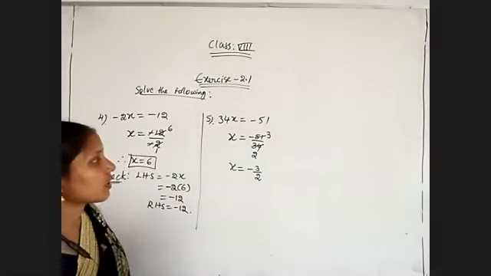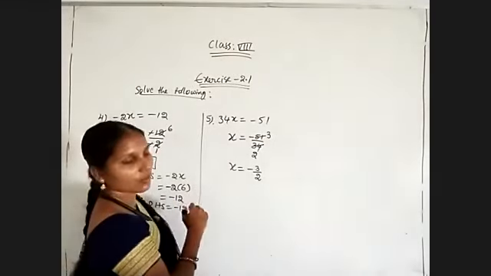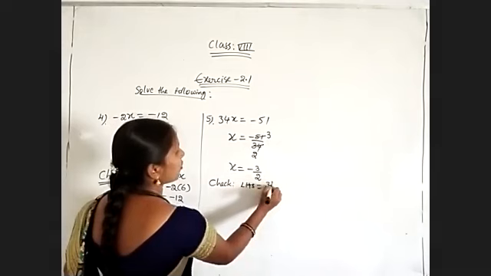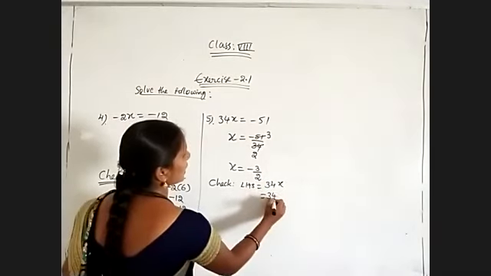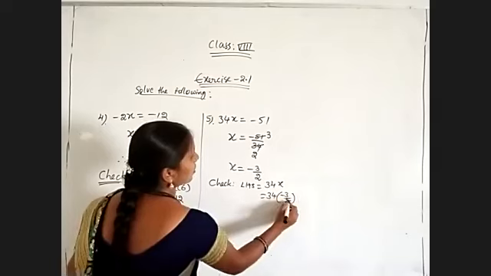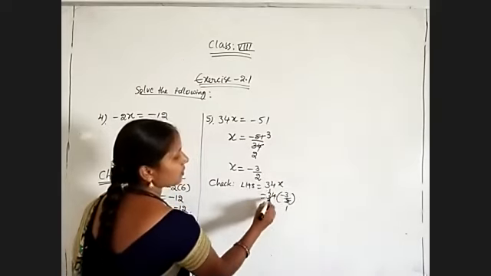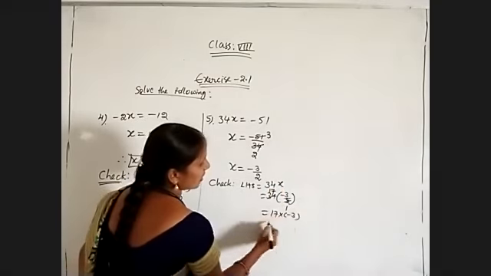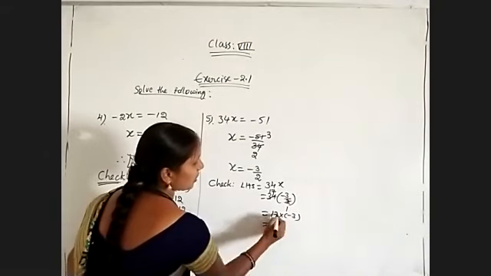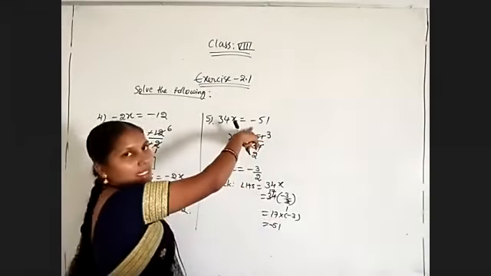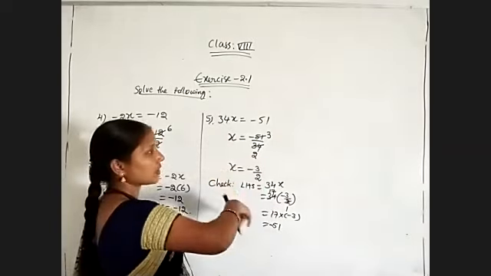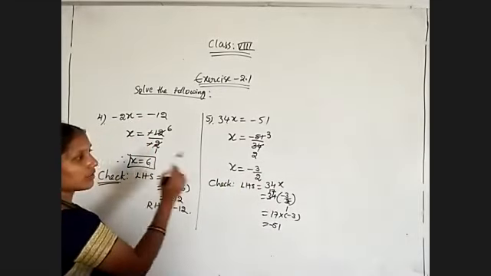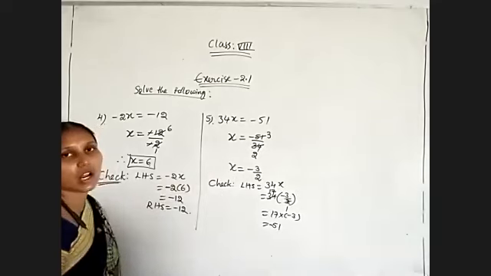Okay, x is equal to minus 3, right? Whether it is correct or not. LHS is equal to 17x. 17 into minus 3. 3 ones are 3, 3 sevens are 21. So 17 into minus 3 is 51. Because of the minus, so minus 51. In the RHS, we have minus 51. So that is correct. Instead of a whole number or an integer, we are given a fractional number, and we got the answer.